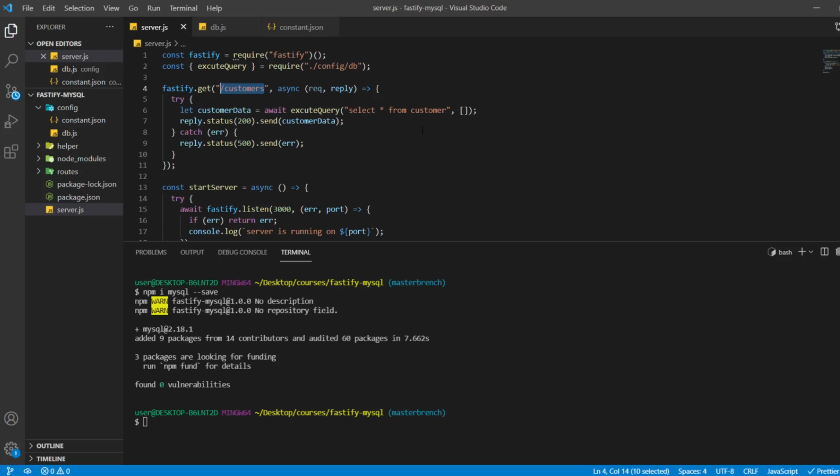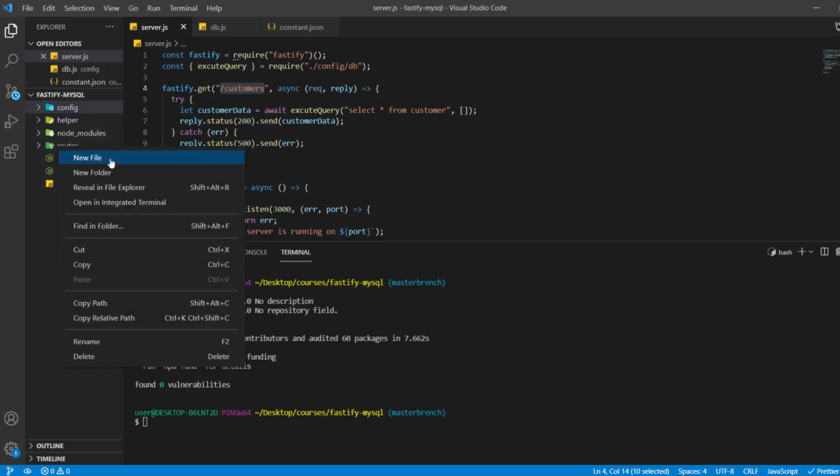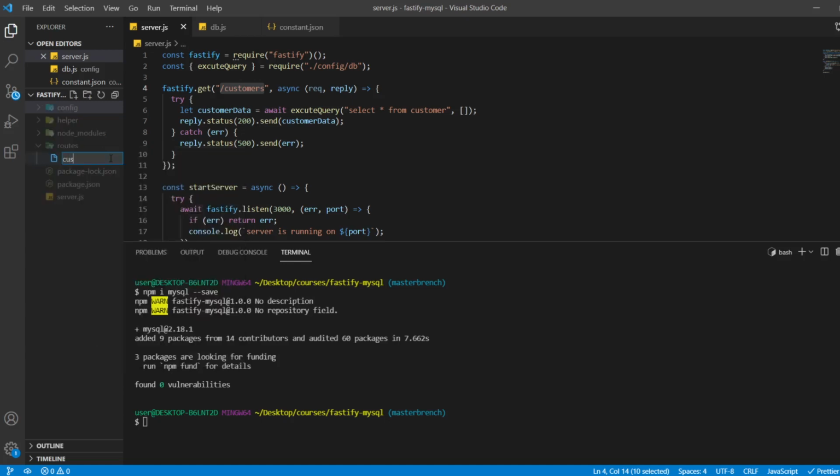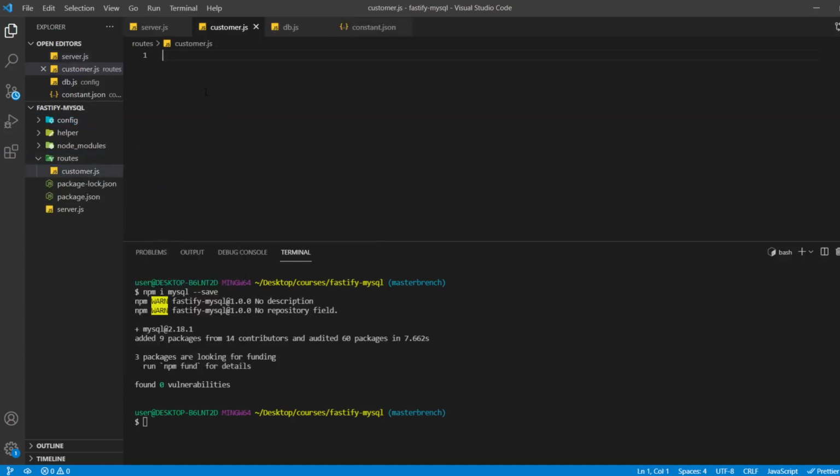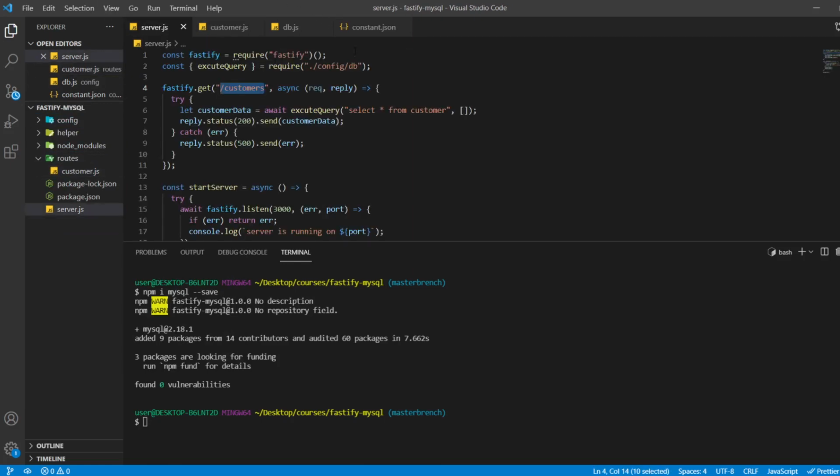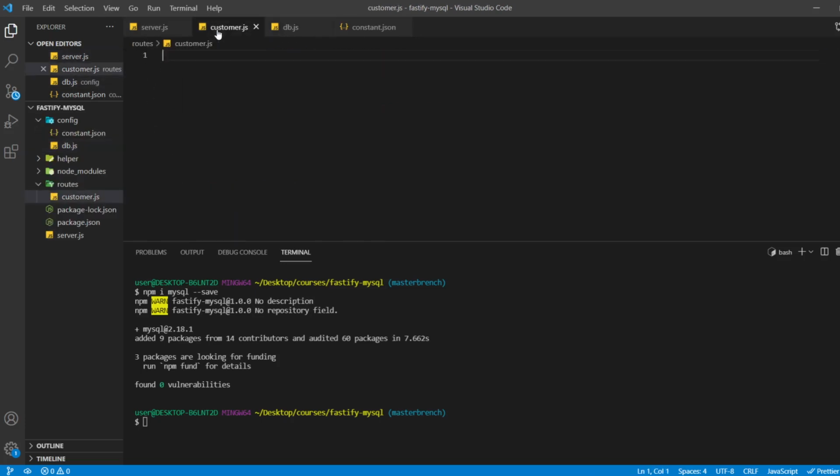So what I will do, I'll simply inside routes create a file called customer.js. Here I'll need db, so I'll just copy from here and paste this here.